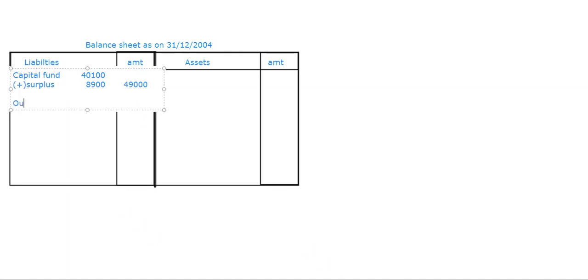So outstanding upkeep of ground comes to 300. Then outstanding wages of ground men comes to 150. Then on this side,